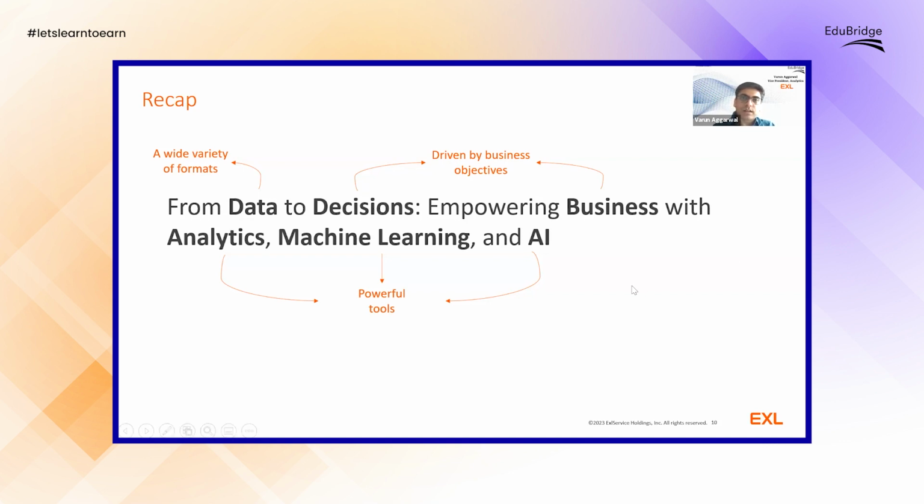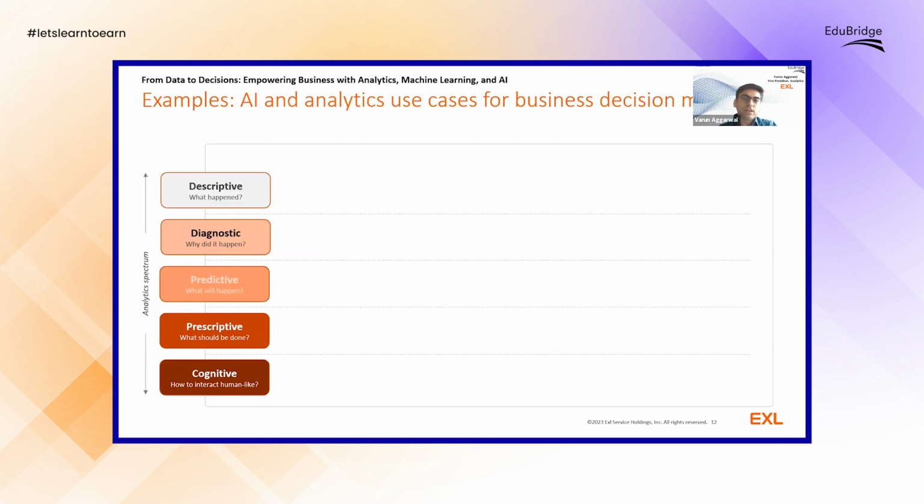Now let's move to another important part. We talked about all these things: data, decisions, AI, ML, analytics. But how do we empower business? And this is one of the most important sections I would want to focus on. What are the different examples of empowering business? Because this will not be there in any textbook. We talked about this entire spectrum of descriptive, diagnostic, predictive, prescriptive, and cognitive analytics. But if you also put another layer on top of it, the business objectives and priorities, let's classify them into three broad categories: automation, optimization, and innovation.